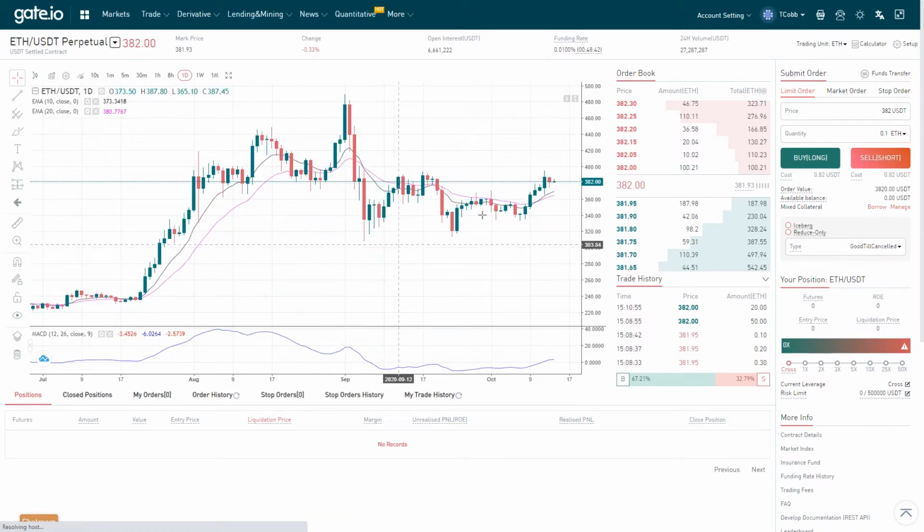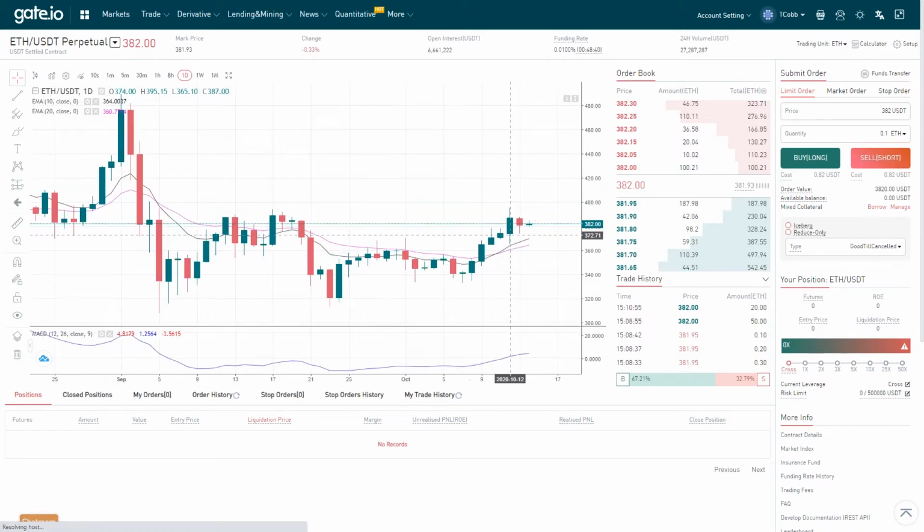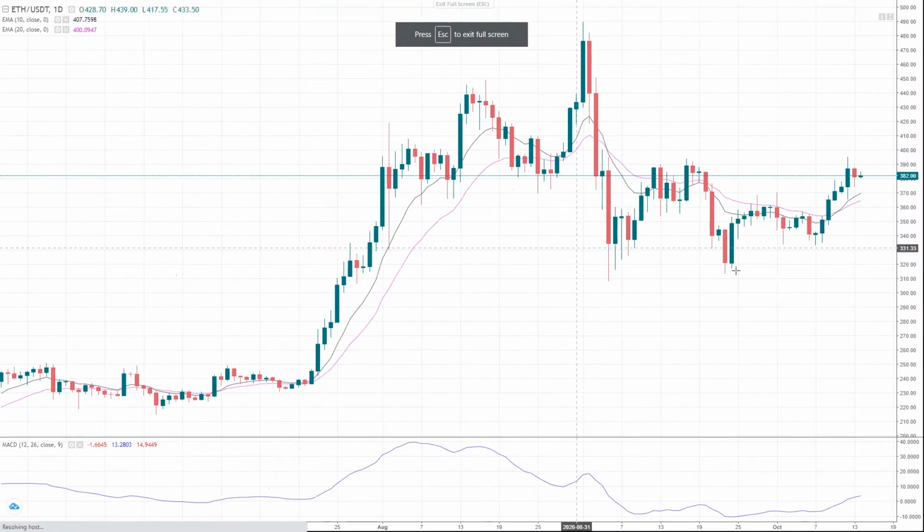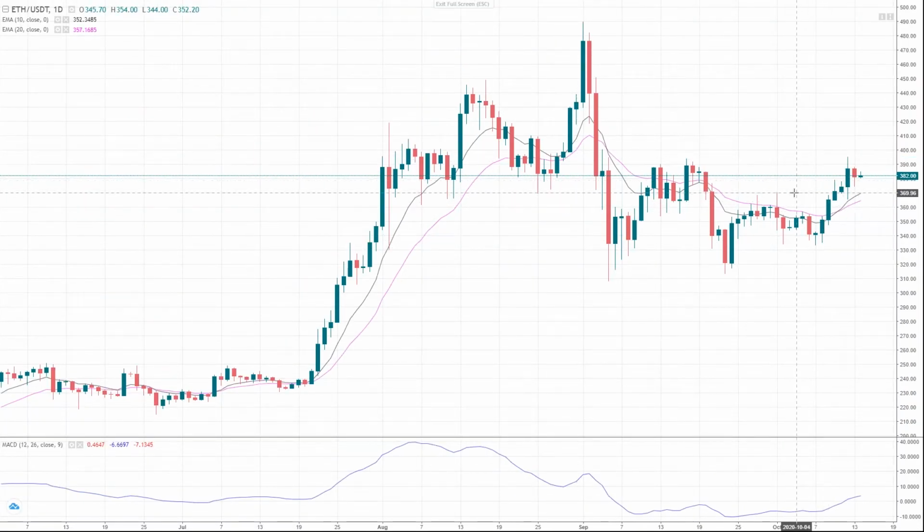Again, Ethereum, higher low here. I'll just blow it up so it's a bit easier. So there you go. Higher low, higher high. So we have an uptrend as it broke through this 370 level. We have an uptrend. The one thing that I see as a potential